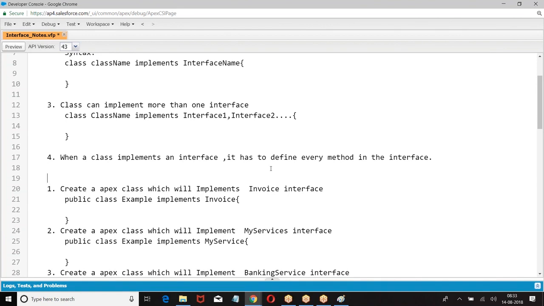So in Salesforce, we cannot define our own interfaces.